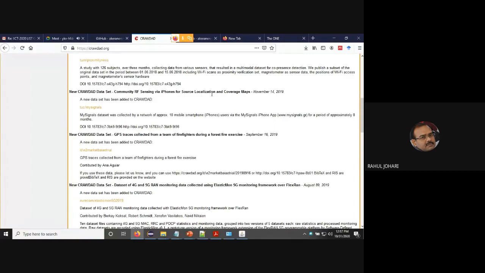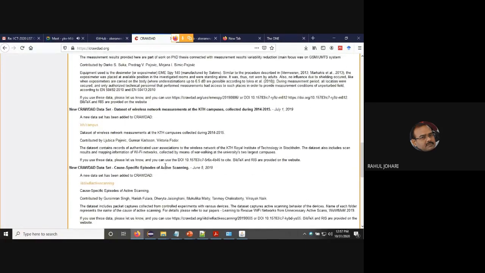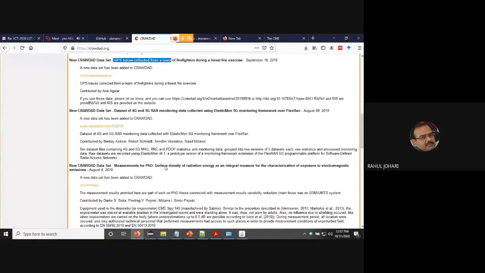Then if I'm working on GIS, a source localization data set is available here. GPS traces are available here. Because abroad, they give a lot of funding for research. If you look at the QS 500 ranking or QS 100 ranking, almost all top universities there, the amount of funding they get, in India we would have almost 50 universities getting that much fund as what a single university is getting there. And that's why they are able to do high quality publication, because the funding is very high.